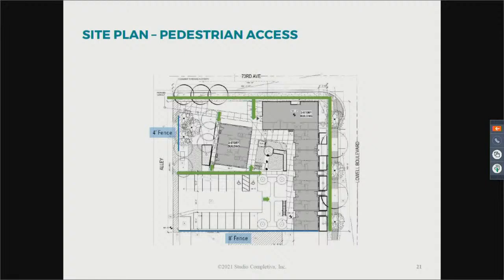When you talk about widening for ingress and egress, are you widening the whole alley or just at this project? Thank you, Dino. We will be widening for this project, so only along their property. And this really is because we understand that this is essentially their drive into and out of the parking lot.